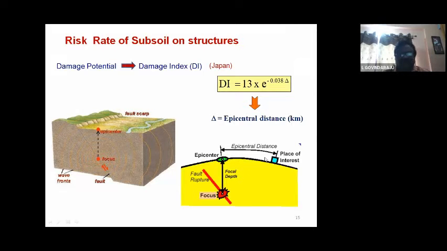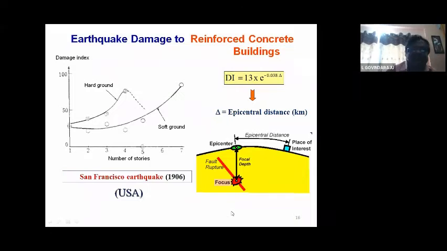At the same time, the closer the instrument is to the epicenter, definitely high intensity earthquakes are recorded. As you keep moving away from the epicenter, the intensity of the earthquake gradually decreases. That is clearly highlighted here. As this distance increases, the damage potential decreases exponentially. This is what I explained already, the focus and epicenter, and based on this expression, they documented some of the failures,